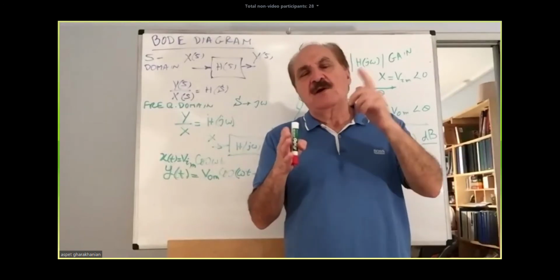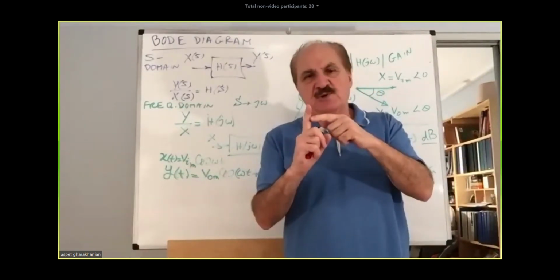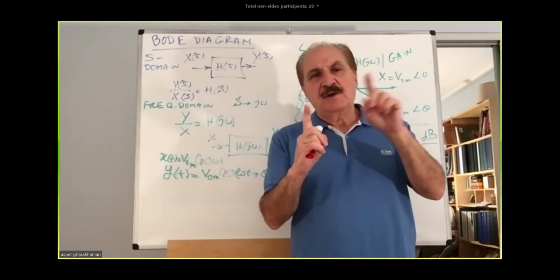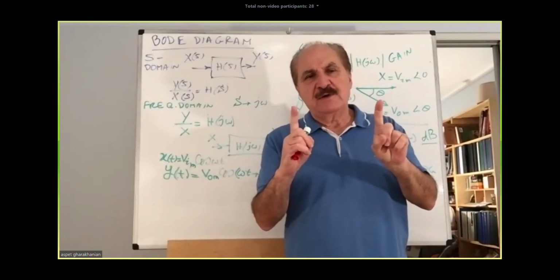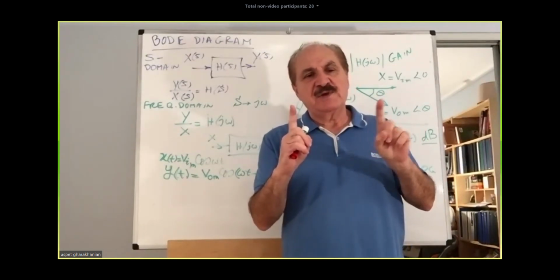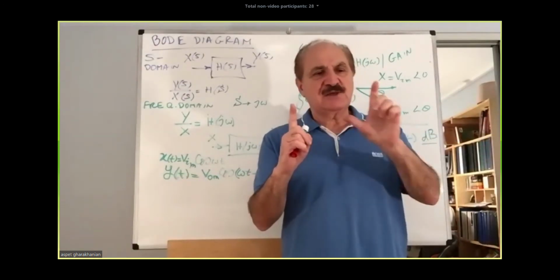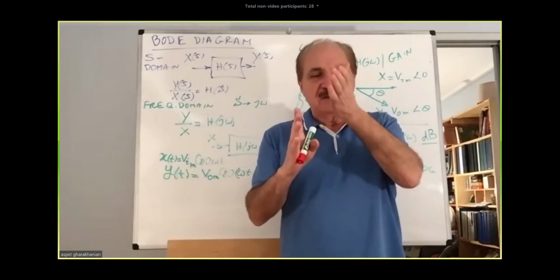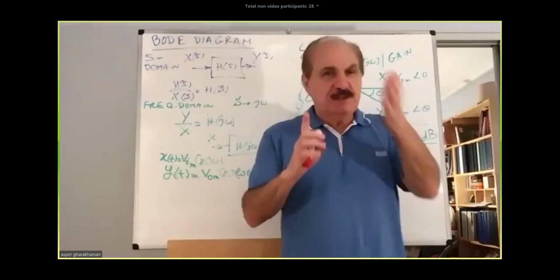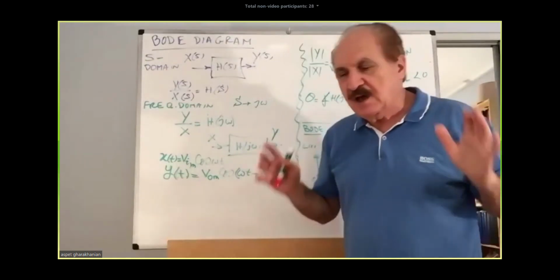See, log of 1 is 0, so this will be the origin. Log of 10 will be 1 here. Log of 100 will be 2. Log of 1,000 will be 3. So if you look at the spacings, they will be evenly spaced in decades from each other. However,